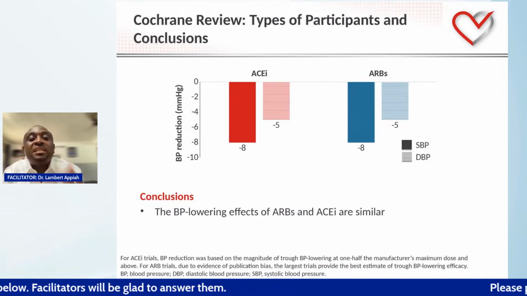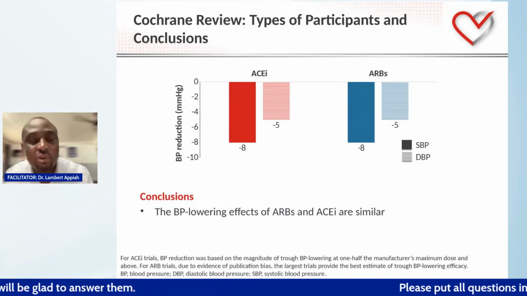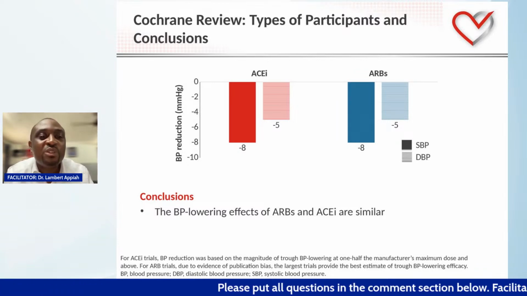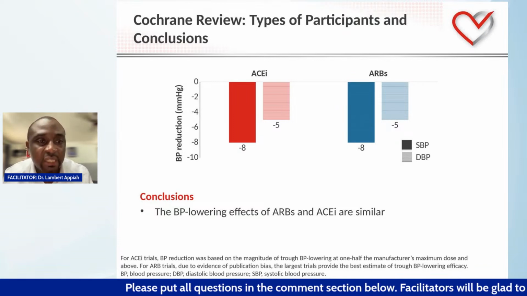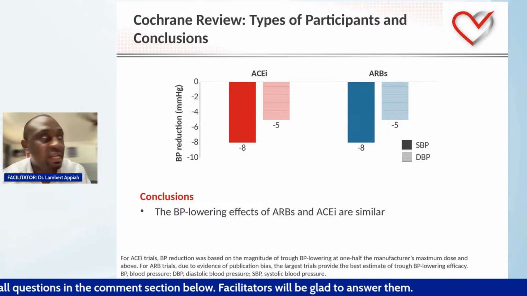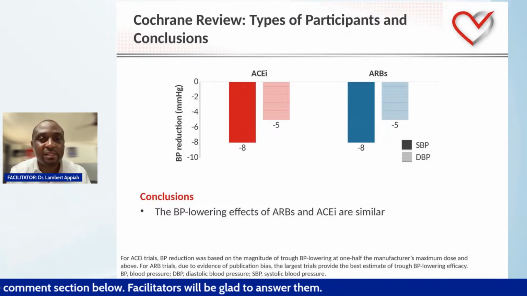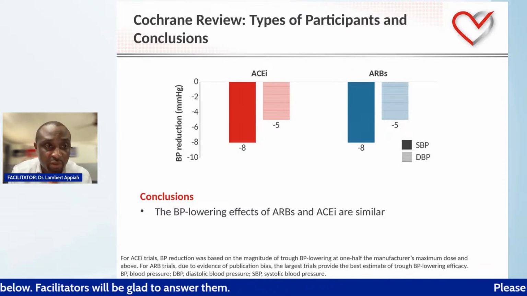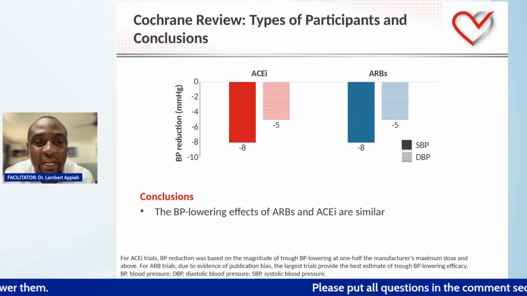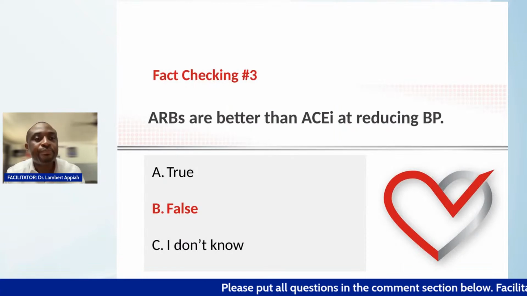And then you realize that whether you gave an ACE inhibitor or an angiotensin receptor blocker, you were doing similar BP drops. That is about 8 millimeter mercury reduction in your systolic blood pressure and about 5 millimeter mercury reduction in your diastolic blood pressure. So the conclusion is that the BP lowering effect of ACE inhibitors and ARBs are similar. So the question is